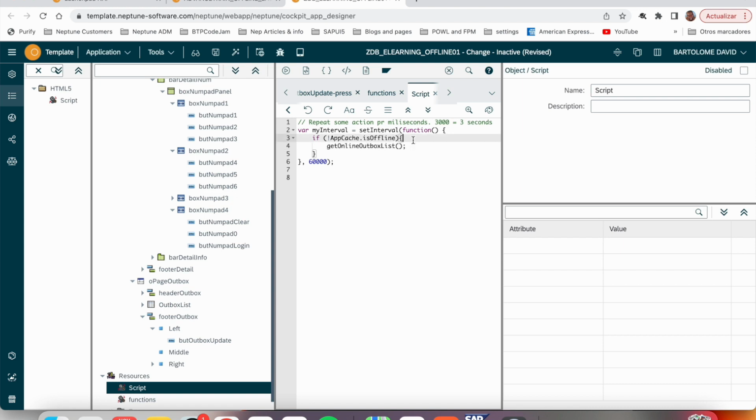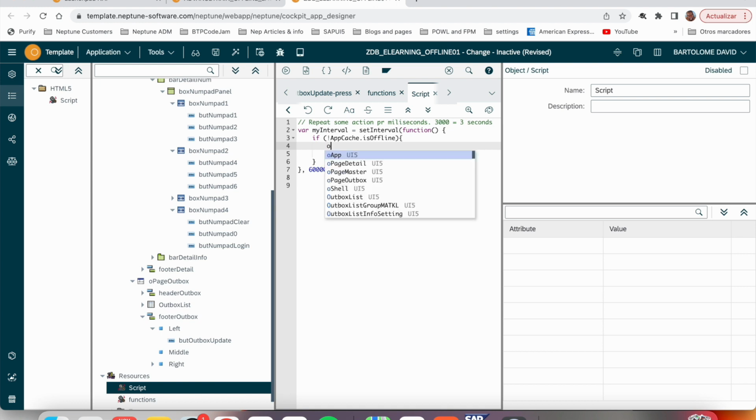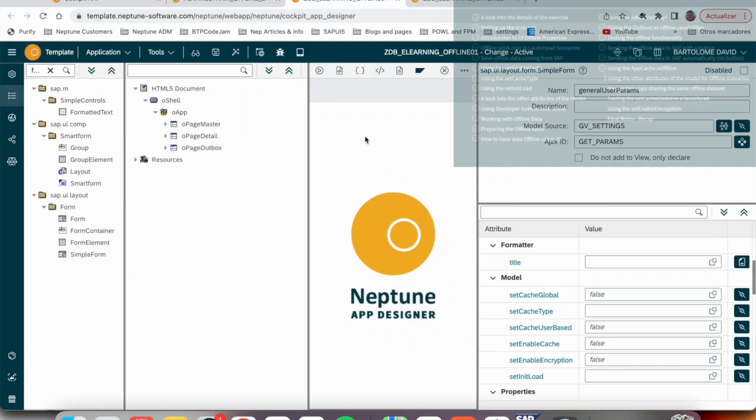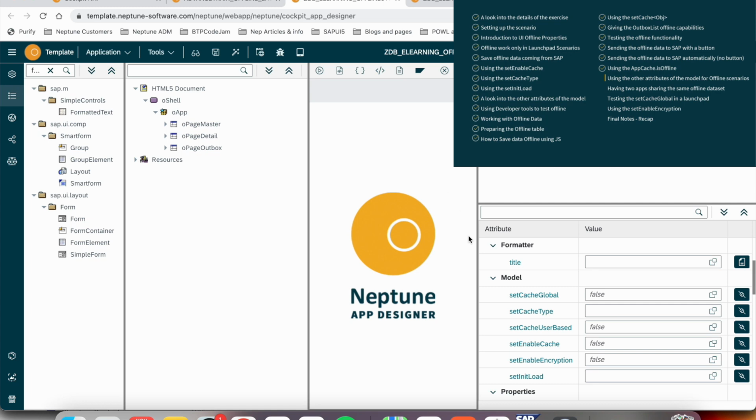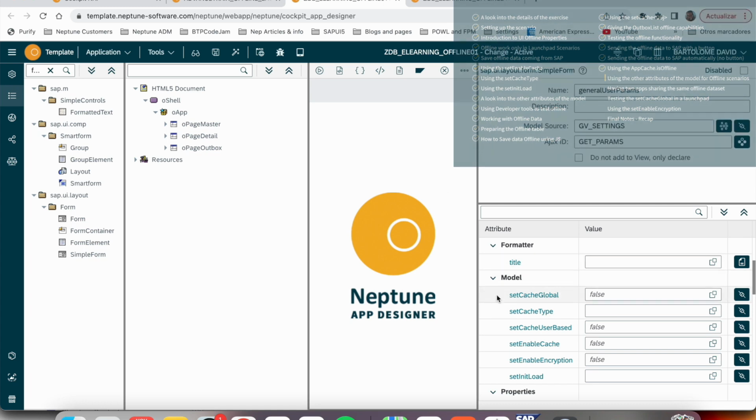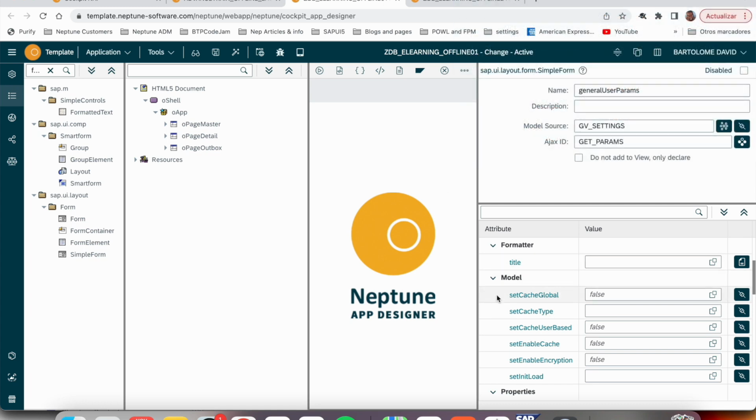Obviously, remember always to put oapp.setBC equals to true, just to give it a sense of synchronicity on it, okay? I want to show you now the usage of the other attributes for offline applications that we didn't see in the previous exercise. The usage of the set cache global, the usage of set cache user based, and set enable